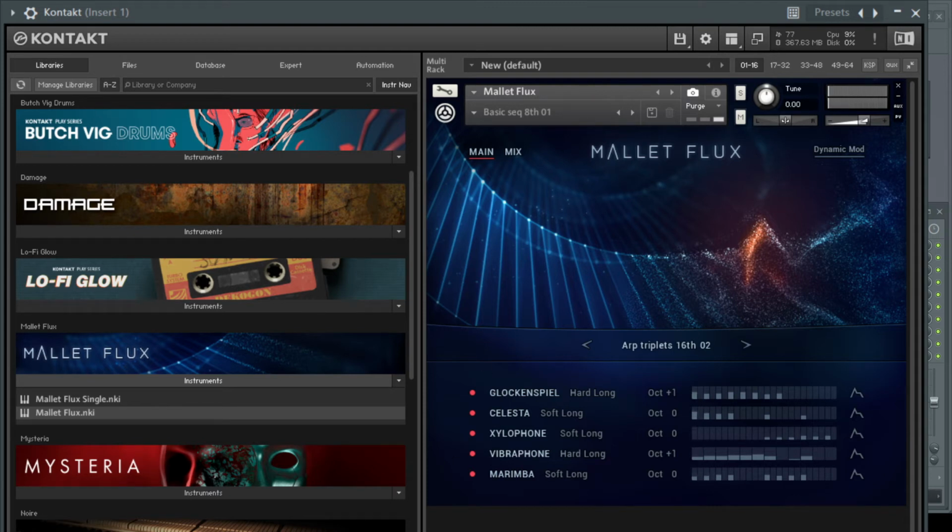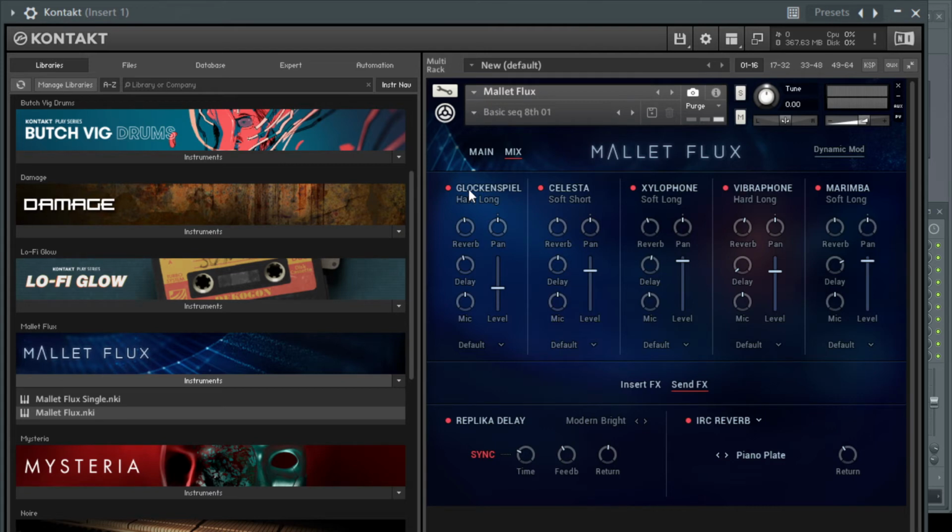And by the way, guys, you can also solo or mute instruments by clicking the buttons in front of the instrument names here. When they're red, they're all active, and now the vibraphone would be inactive, would be muted. So actually, let's just check out the Glockenspiel here, and